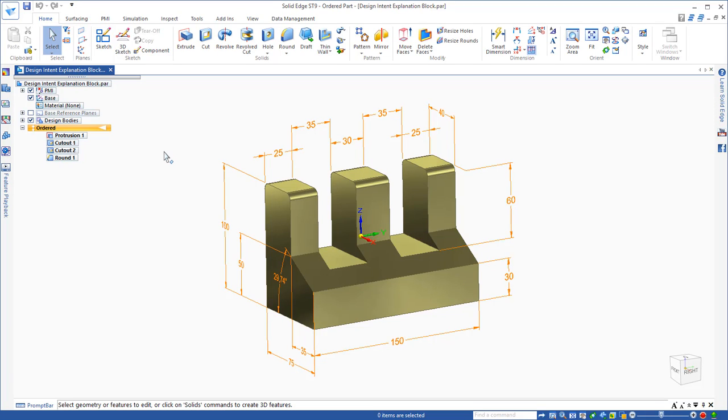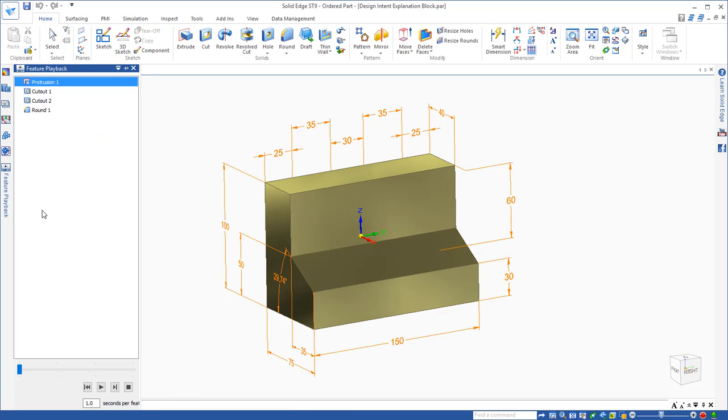Here we have a block, and we're going to use this block to actually show you what the design intent really means. Inherent design intent within ordered models. So this is a history-based model, so feature on top of feature. If we want to see how the part was actually created, we could go to our feature playback tool, and